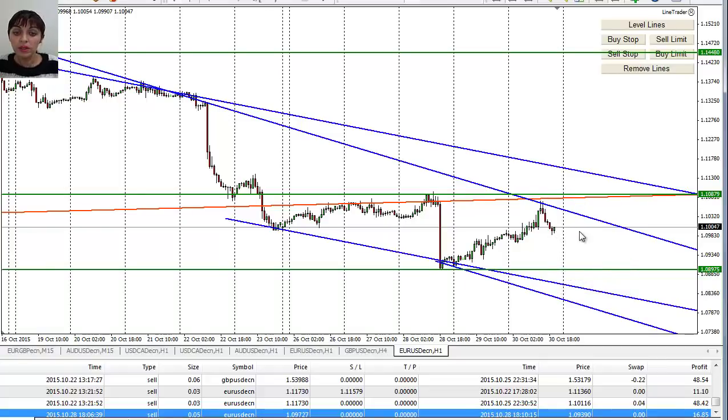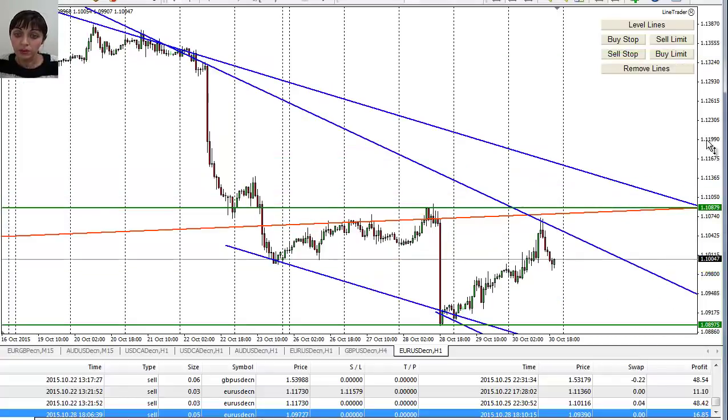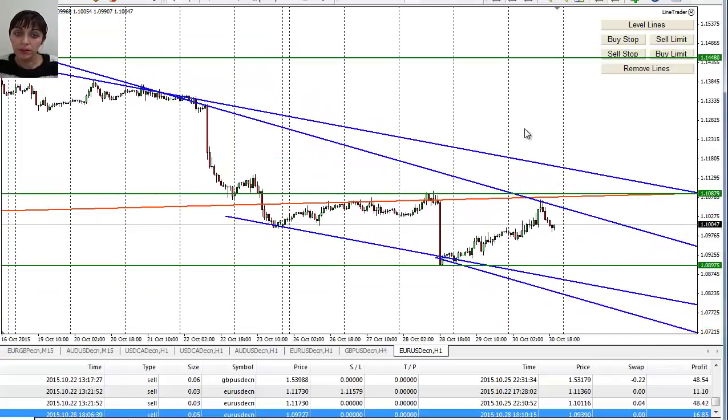Right now it's in the middle, and of course the first question is will it break those two price ranges, like will it come out from the maximum or the minimum price. There are so many different levels, but as I say, we're looking at the 1 hour chart. It will be more important on a 15-minute chart, and in daily trading when I'll be thinking whether to place the orders, or what to do.